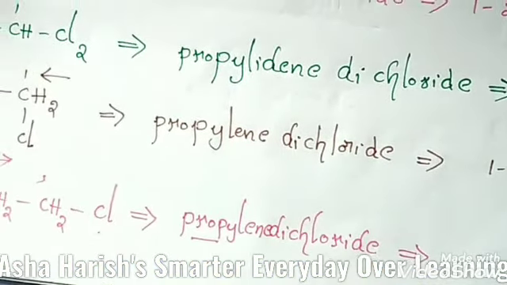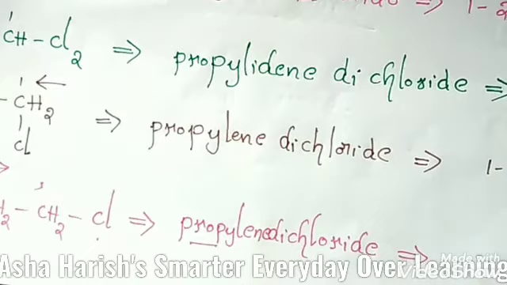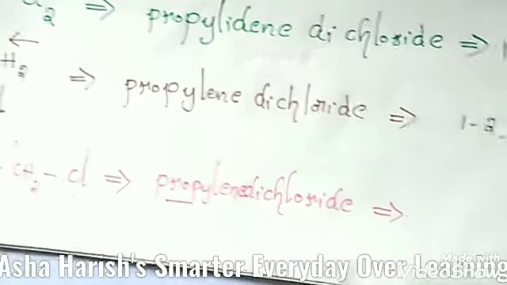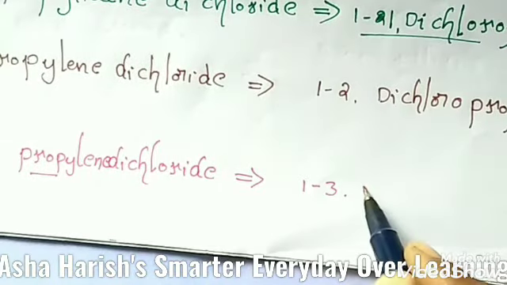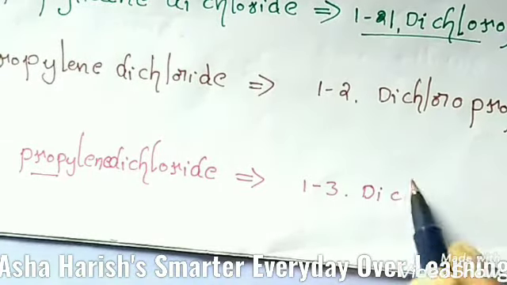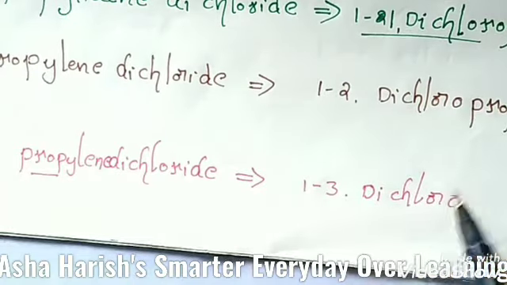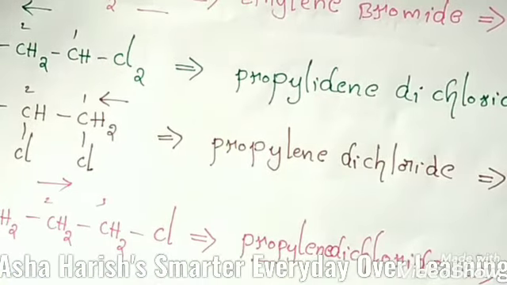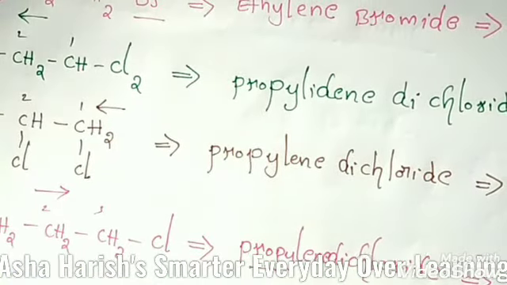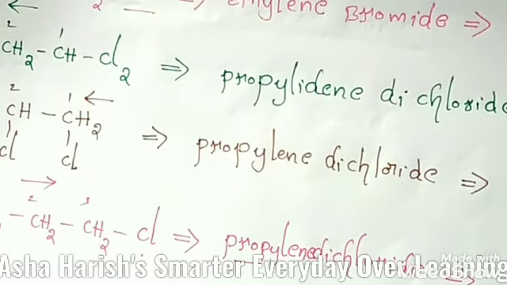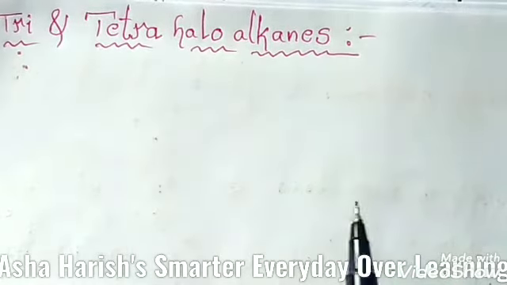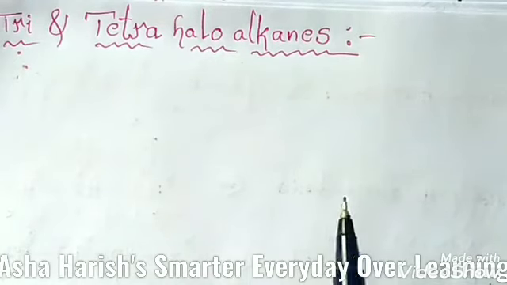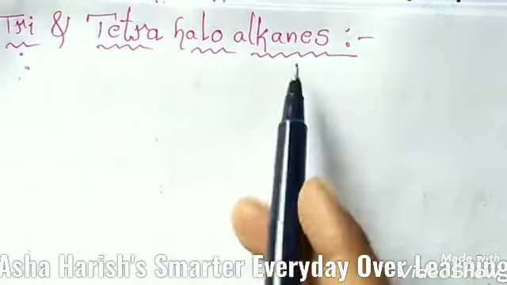At which carbon atoms these halogen groups are located here? You can observe that. And here at first carbon and third carbon. And students, 1,3 should add the name like this, 1,3-dichloro. The same name should be like this, dichloropropane. Okay, these are the examples of IUPAC names of some dihaloalkanes. Let's go for the next one. About monohaloalkanes and dihaloalkanes also completed students. And now let's see about tri and tetrahaloalkanes.